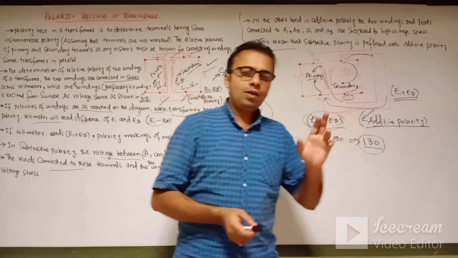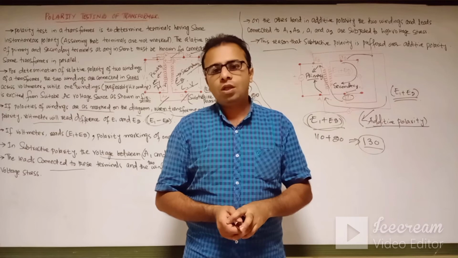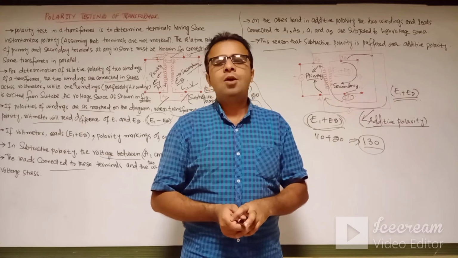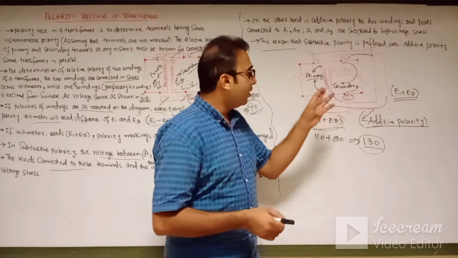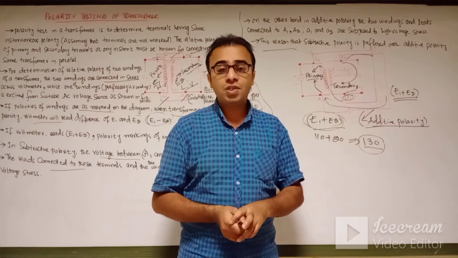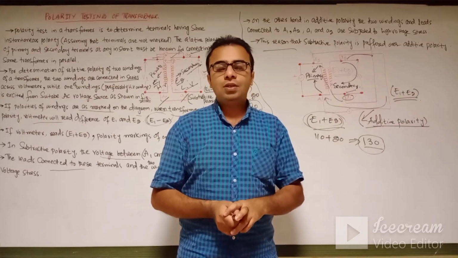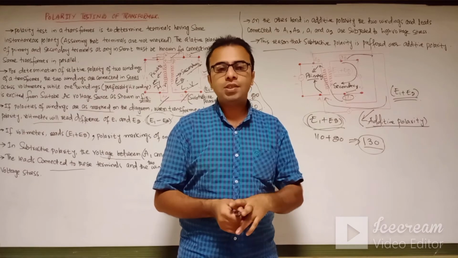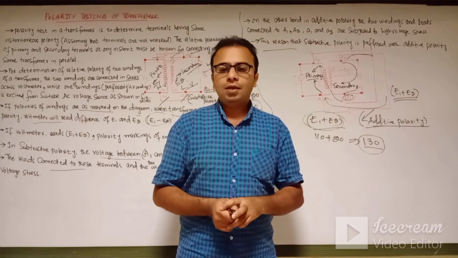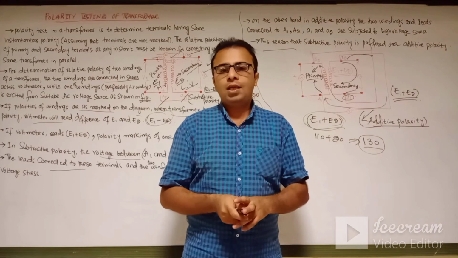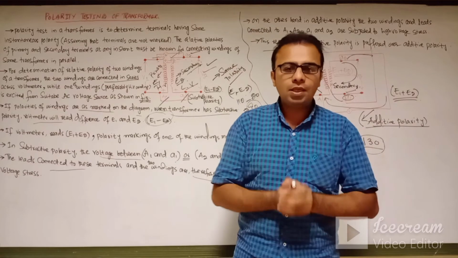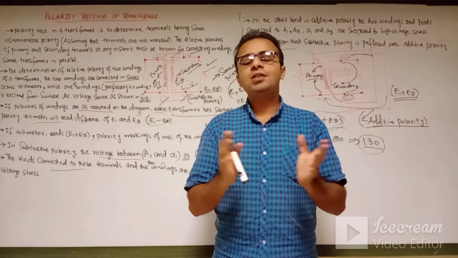This way the leads are subjected to low voltage stress, particularly those connected with the high voltage winding. In the opposite polarity, the voltmeter gives us the reading of the additive induced EMF, and that leads to high voltage stress. We always prefer the subtractive polarity over the additive polarity in the testing of the transformer for parallel operation. So this was the whole lecture regarding the polarity testing of the transformer.